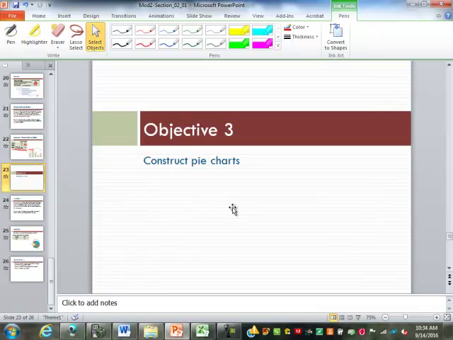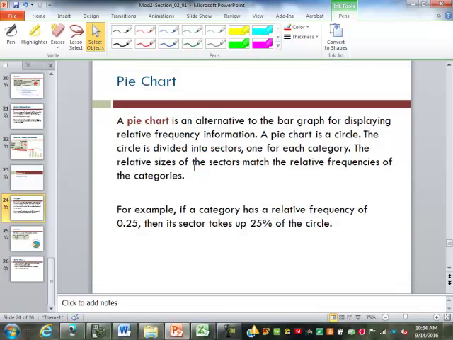Let's take a look now at pie charts. A pie chart, we're looking at, again, categorical data. Once upon a time, they would have you calculate the number, the percentage of the data, the relative frequency, and use that then to find how many degrees out of 360, and then take a protractor and measure it out. Now with modern technology, we don't need to do that. I mean, the technology will do it for us if we want it that exact. But just know little basics like 25% is a quarter of a circle. So if you got something that's close to 25%, it's going to be close to a quarter of a circle,